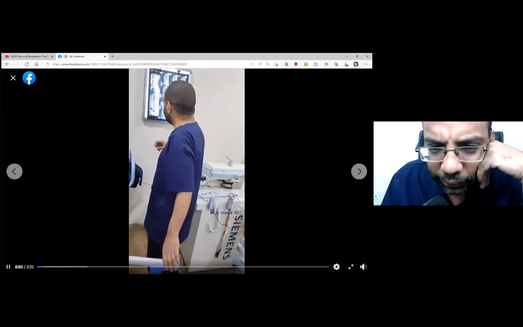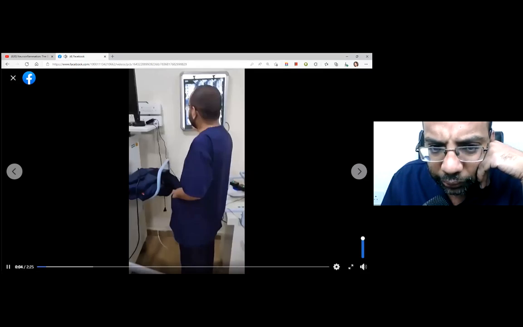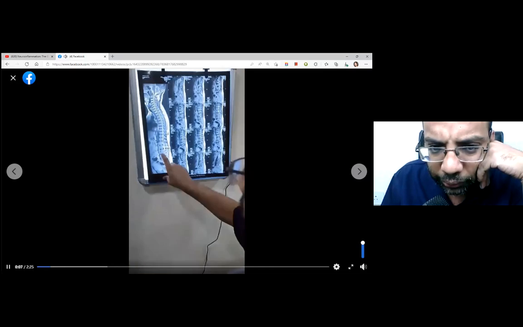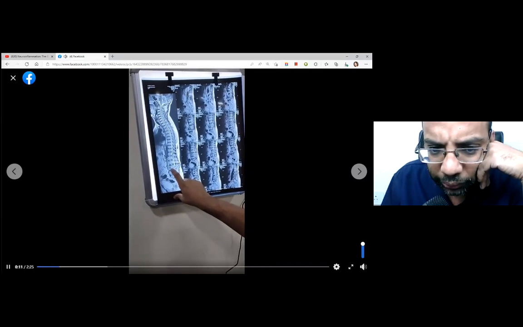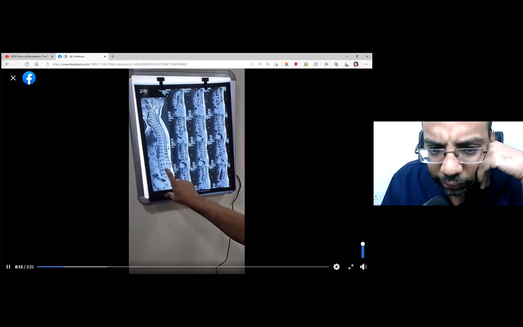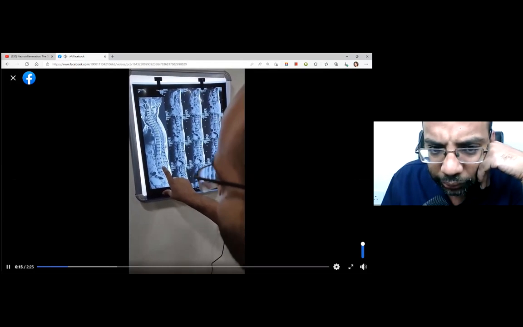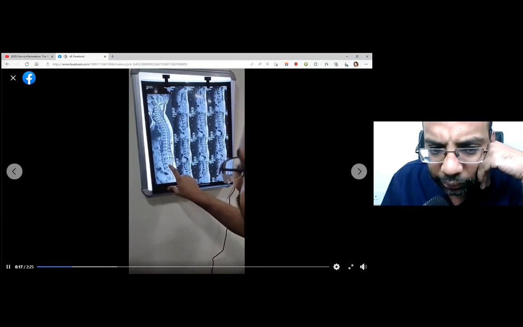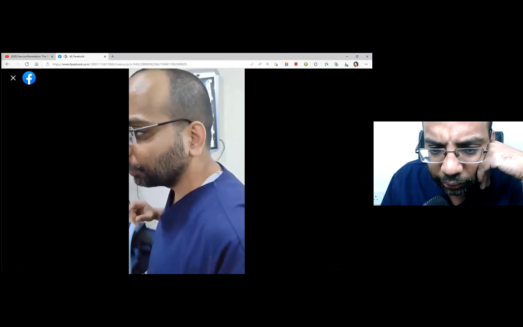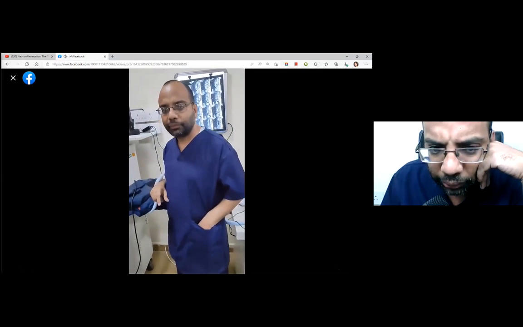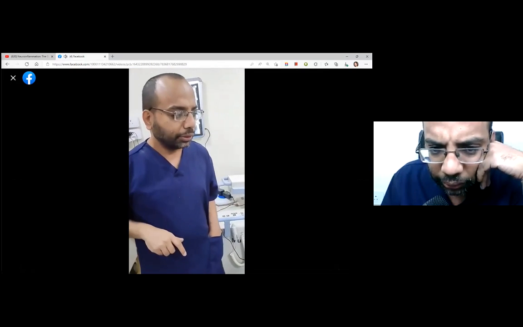Again, we can see a typical case of gunshot injury in 2004, where there is a serious canal stenosis at L3. Here you can see the case. The patient is paraplegic and a resident of Somalia, a driver by profession. He was shifted to India in 2021 and was operated on. Since then he was bedridden and on a wheelchair.